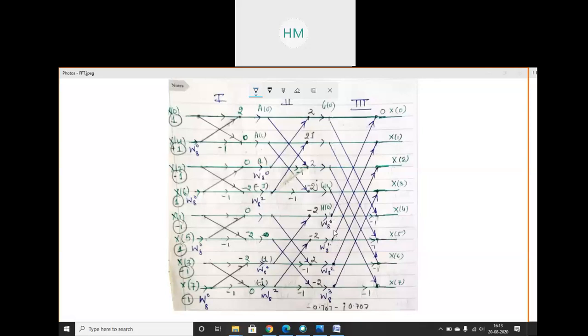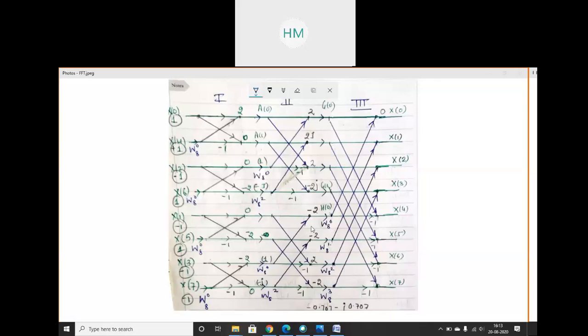Into h of 1. And what is my h of 1? h of 1 is my minus 2. Very simple to calculate. Avantika का आंसर क्या आ रहा है? Yes, it's almost right. Yes, it's right answer. अवंतिका का आंसर सही है.